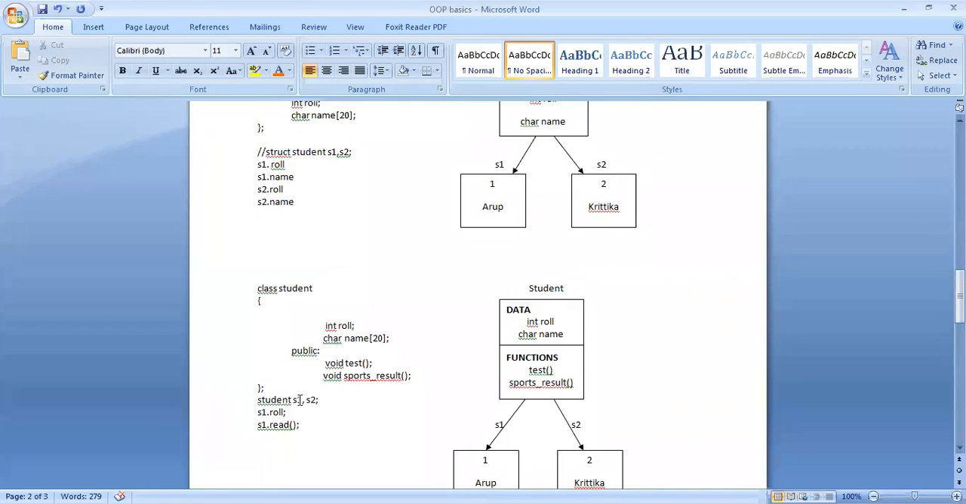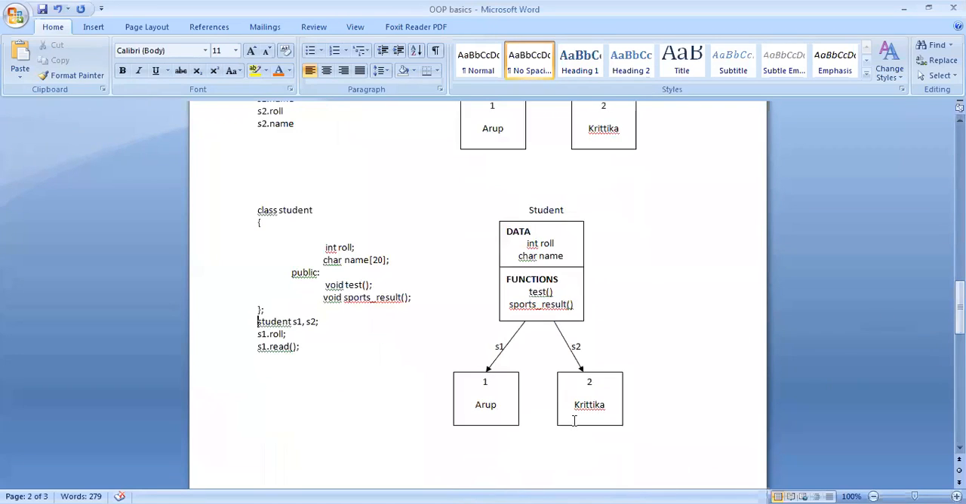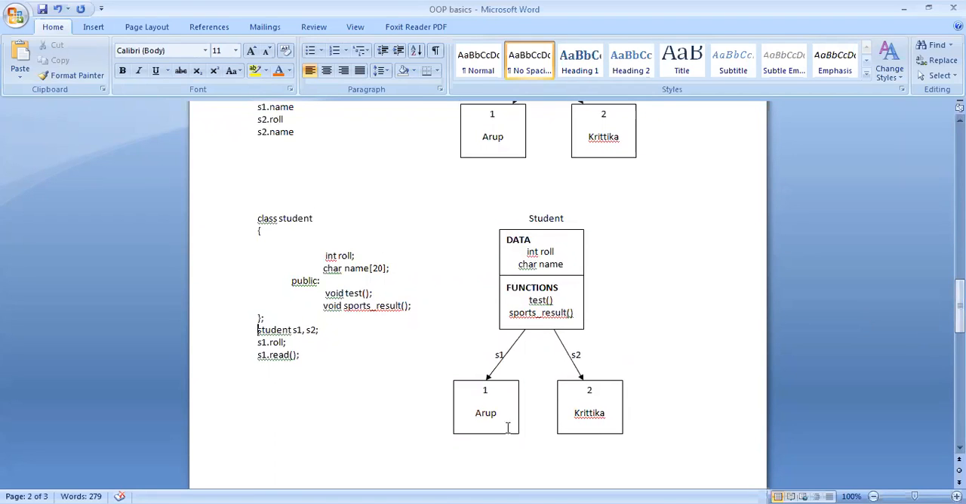Fine. So here I have created two objects S1, S2. Accordingly, in memory, a block of memory will be allocated to each of S1 and S2. So this will be the block for S2 and this will be the block for S1. Fine. Now once it is created, you have to insert, you have to read values